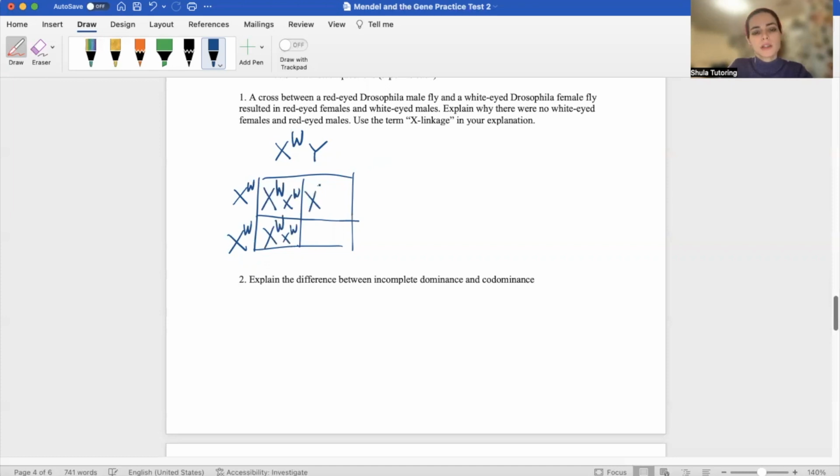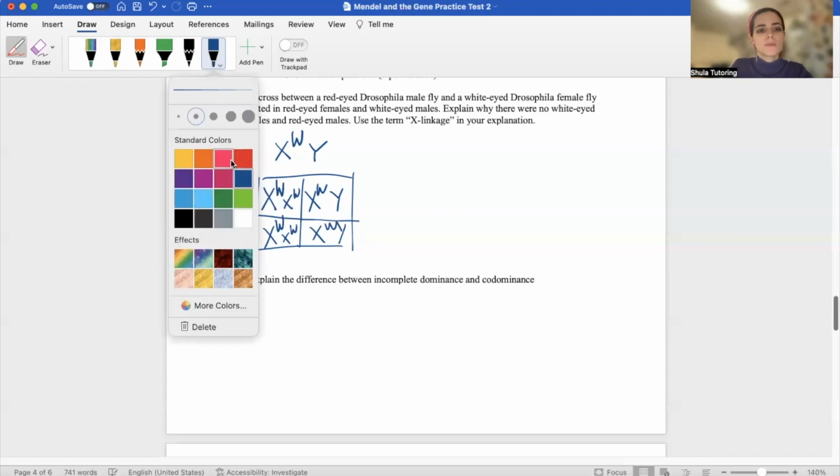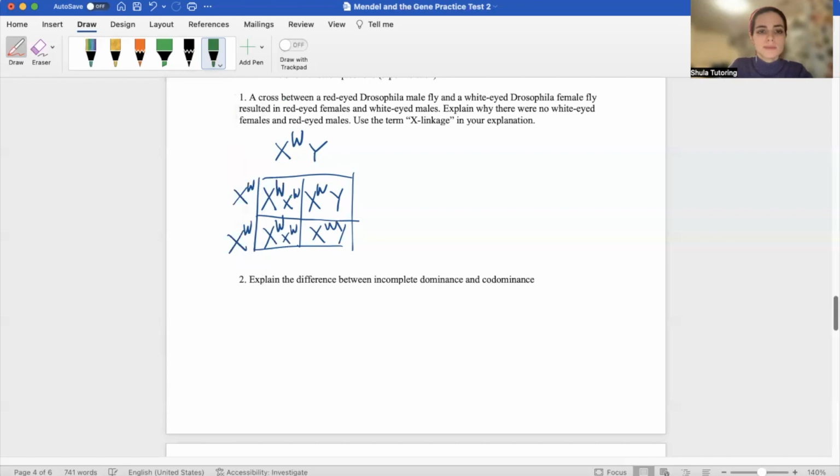Here, the mother will give her X to make the son, and the father will give his Y to make the son. So this is not super clear, and I will just circle all the mutant alleles, right? So this is mutant, this is mutant. It's supposed to be like a small w. So if you look at what's happening here, all the daughters that they produce have one copy of the wild type and one copy of the mutant type. So all the daughters are carriers,